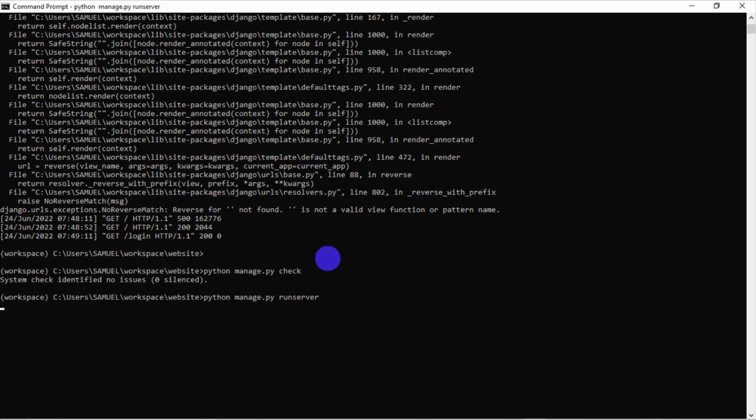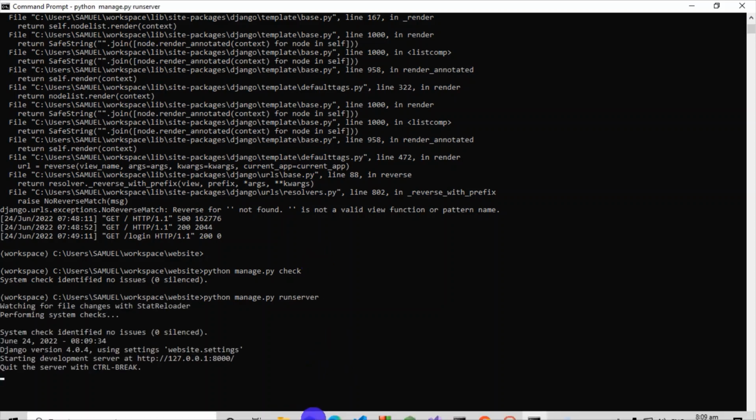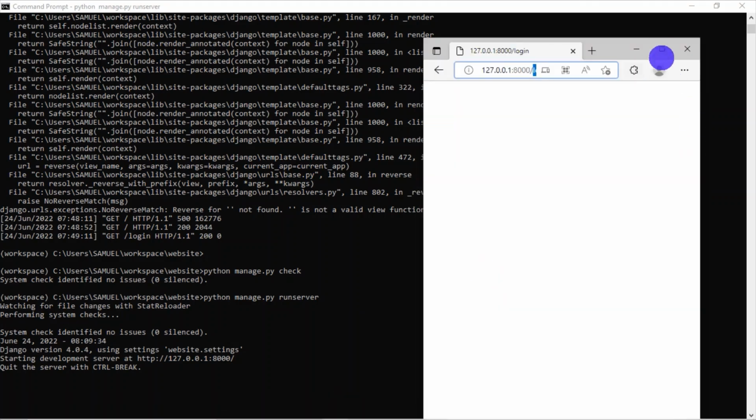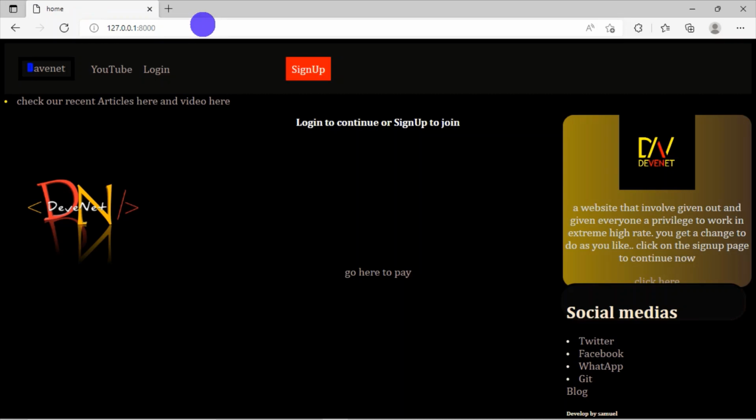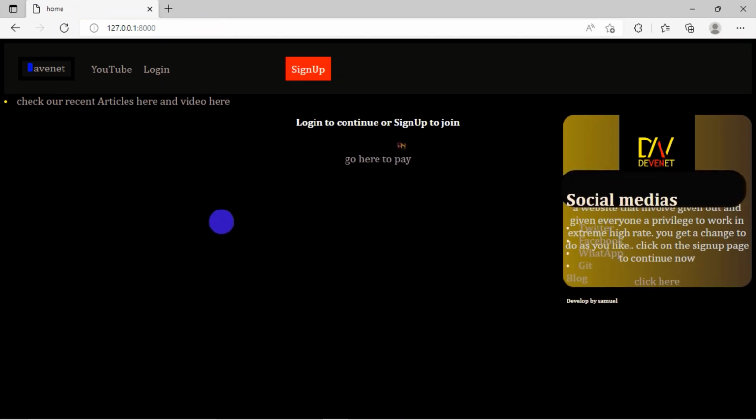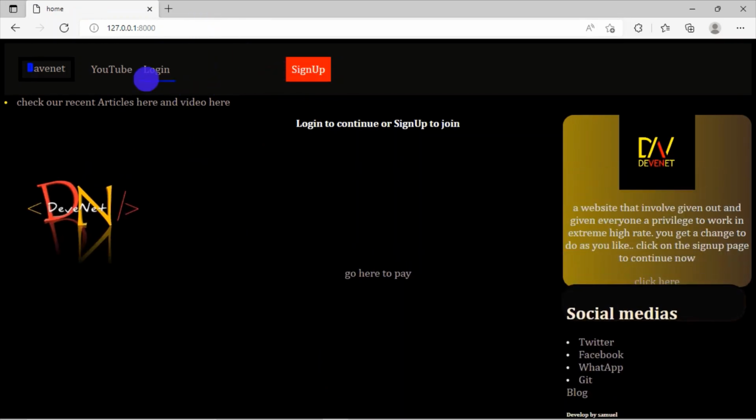Server. So the server is running here. Then I'll come to my projects directly. So this is the idea. The idea here is that if you have something like sign up, login, YouTube, all this stuff right here, and you don't want the user to see these anymore once you log in,